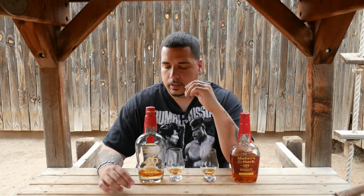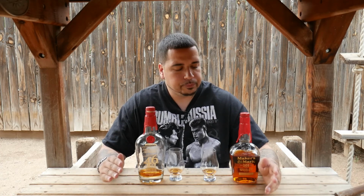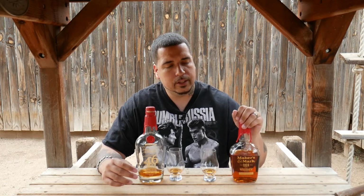I'm kind of torn between these. I really like the proof and the finish on the 101, but I like the flavors in the front of the palate for the 46. So I would say it just depends what you like or what you prefer. But as far as the finish, I really like the 101. And right now, I would probably pick the 101 over this 46, even though this one is a very, very good whiskey and one that I like to keep around because it's pretty enjoyable to sip on. But just right now, I like the finish that the 101 is bringing. So, I'm gonna give this one